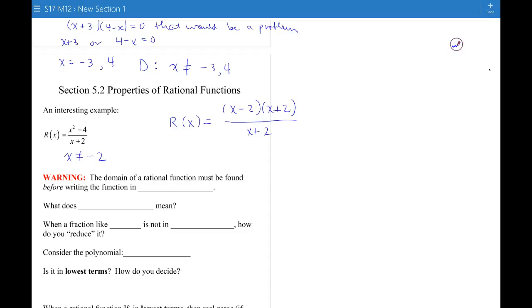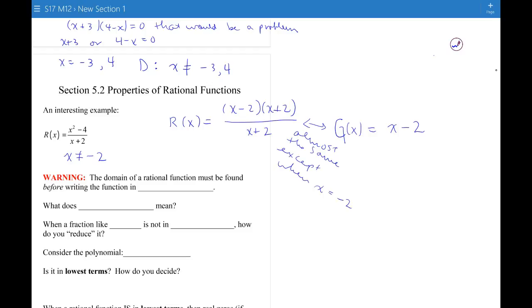Well, this is a function, so we can't just cancel the x plus 2's because then we have a different function. But it turns out that the function, let's call it g of x, that looks like x minus 2. These two functions look almost the same,